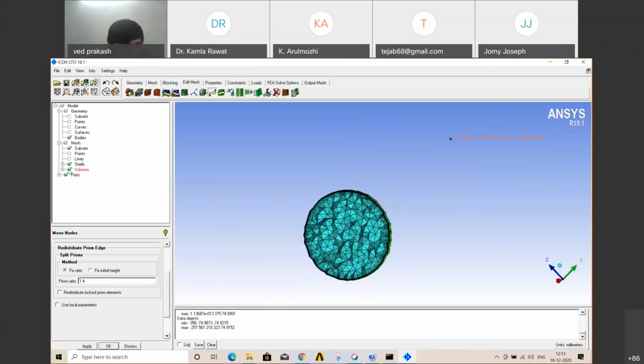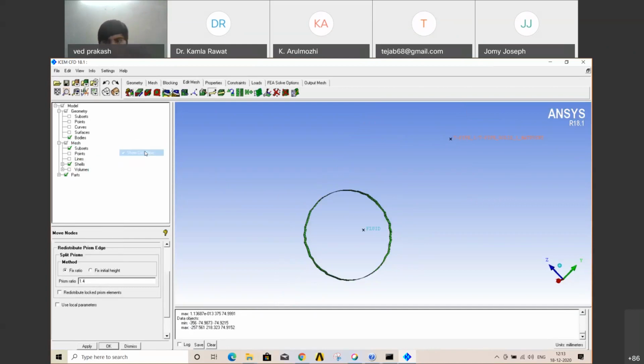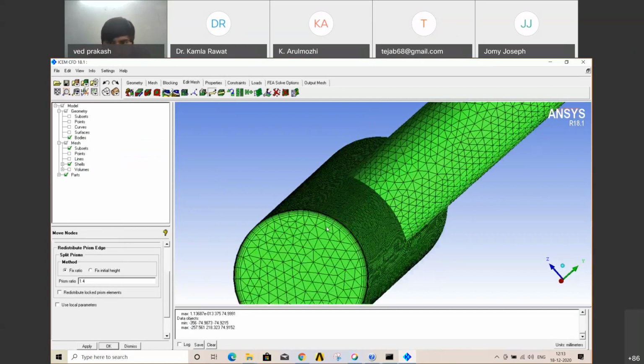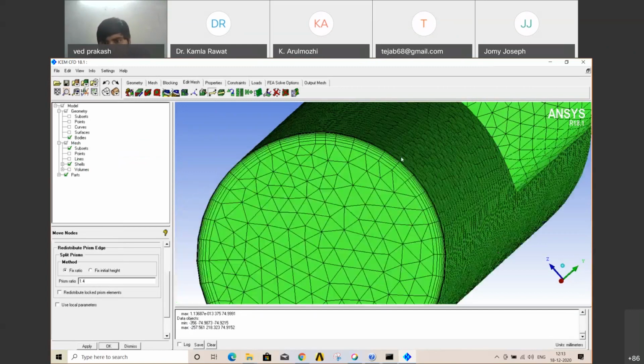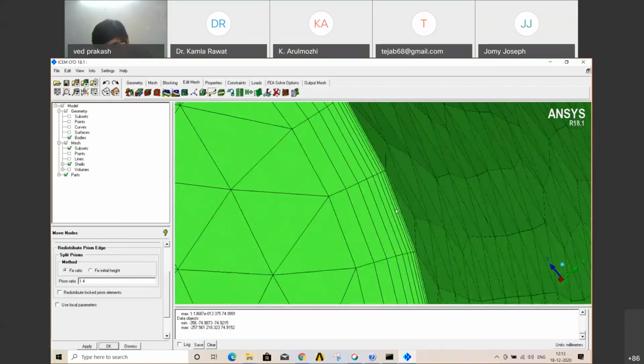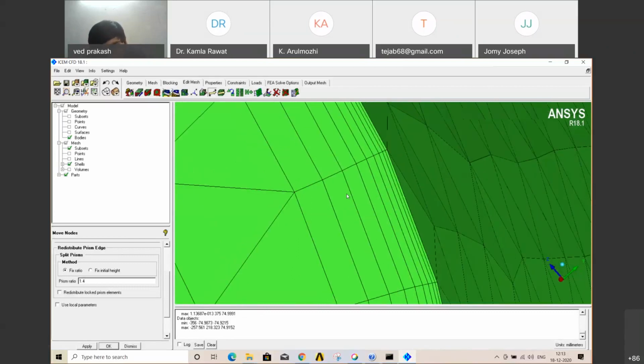Okay, close volume, go to mesh, cut plane, and from this you can see from your geometry at the boundary there is very smooth and defined mesh, so it will capture your boundary layer quite nicely.